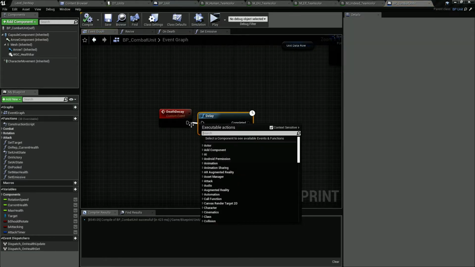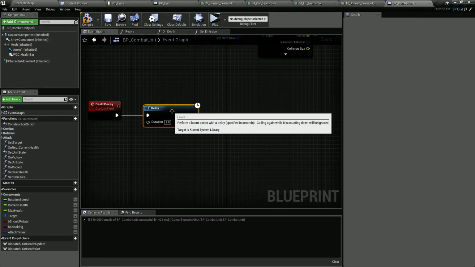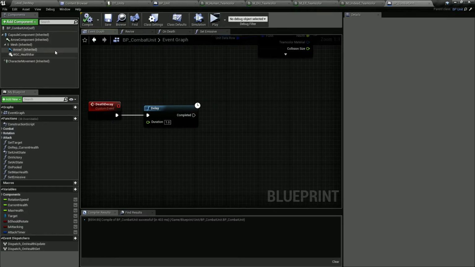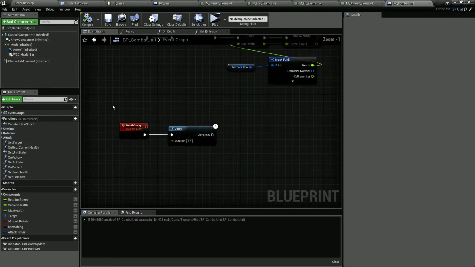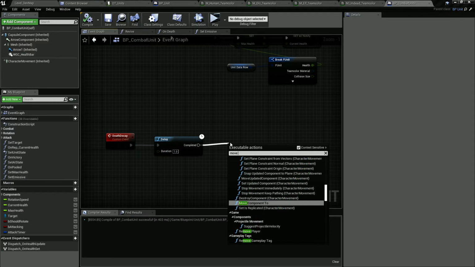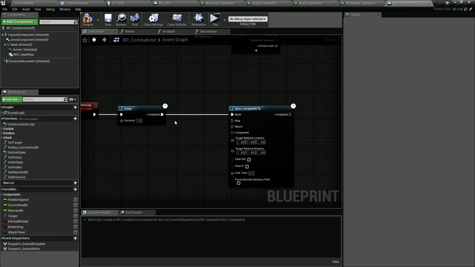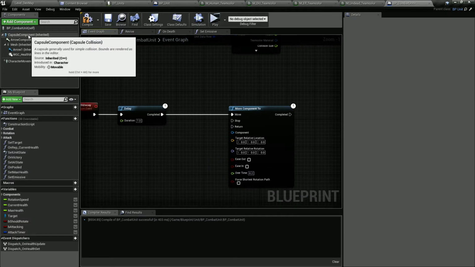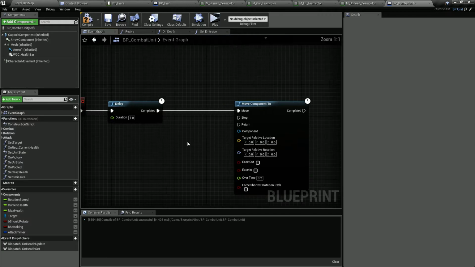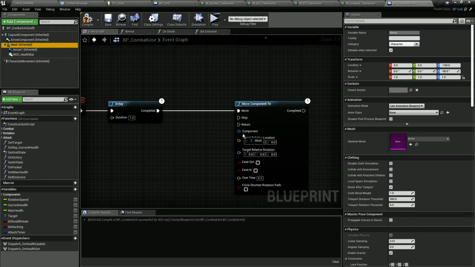Which is gonna wait 1 second, for example. And after 1 second, it's gonna move components to